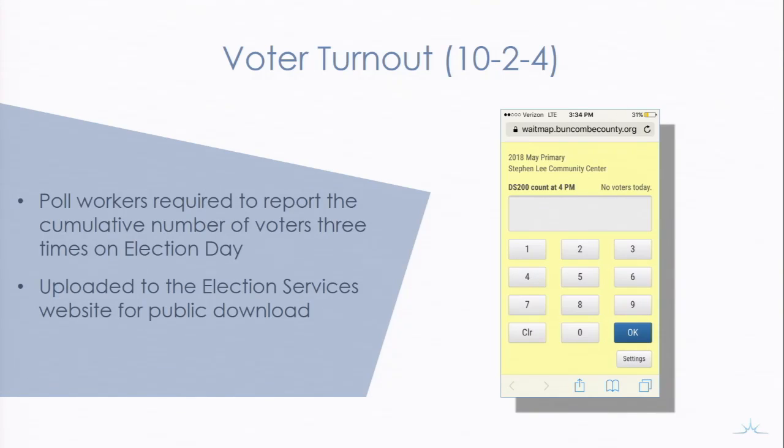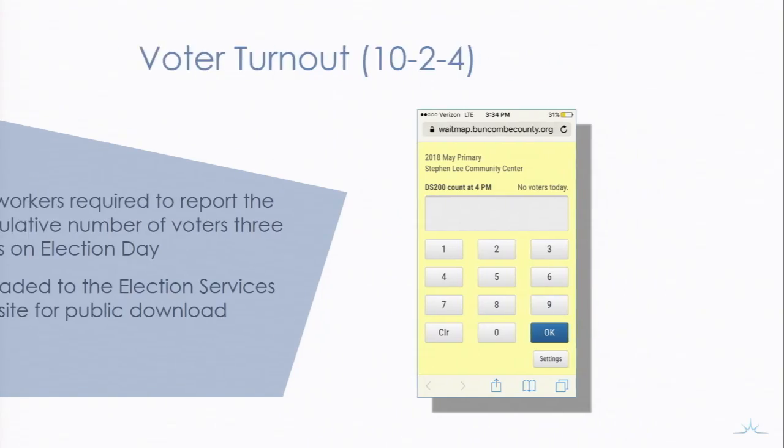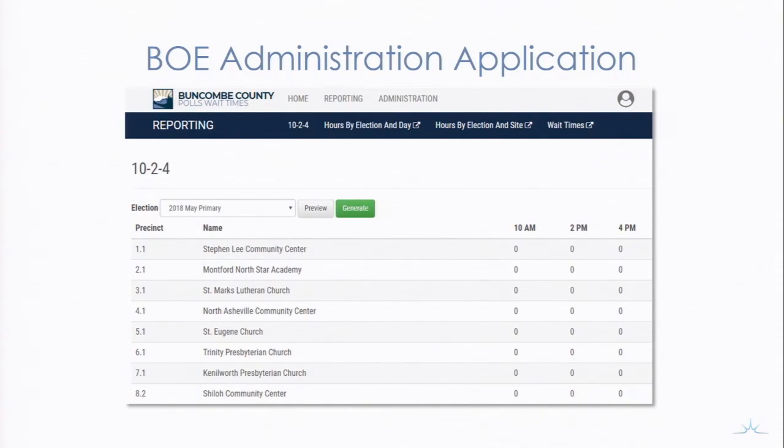And so at 10 a.m., 2 p.m., and 4 p.m., they would report the cumulative number of voters at their site. And that would go to our administrative page that I showed you earlier. This is just for the turnout reporting now. And at 10 a.m., we would look and make sure that everybody had reported, and then we would just click this little generate button, and it would create a PDF that went straight to our website,